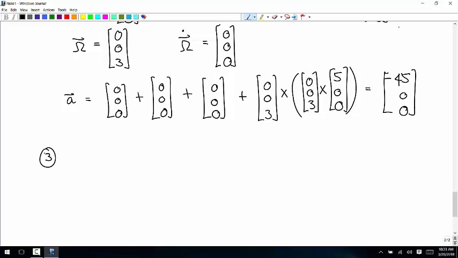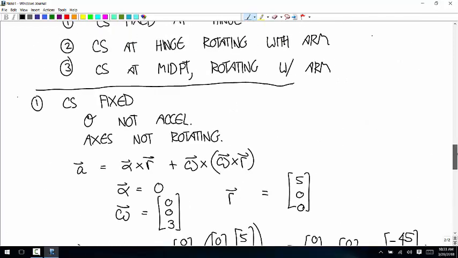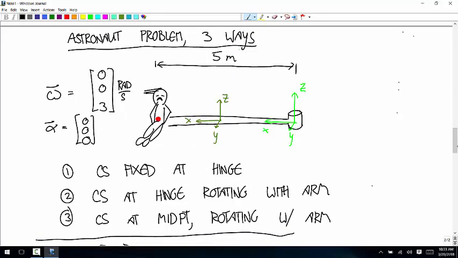Okay, so now the coordinate system is rotating, and the origin is fixed here. So is the origin accelerating? Yes, the origin is moving in circular motion. And the axes are also rotating, so we're going to have to use